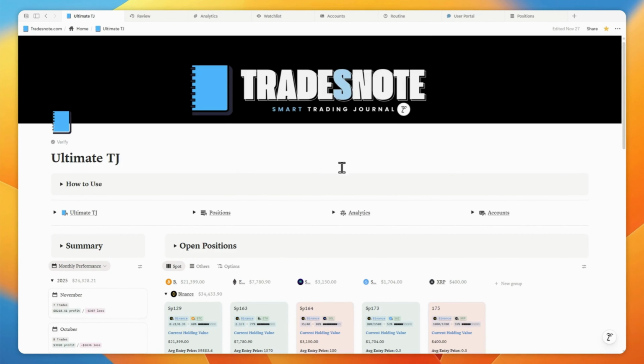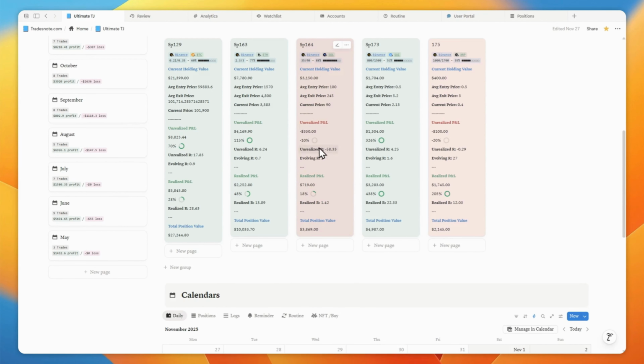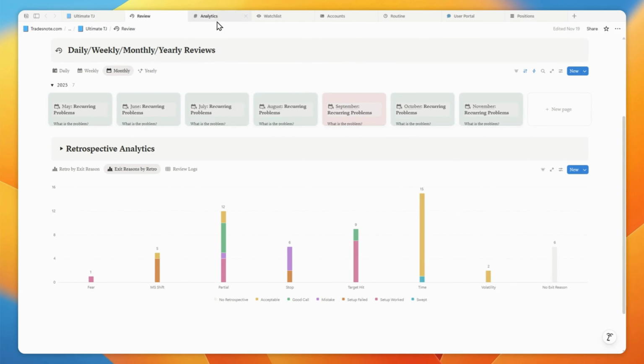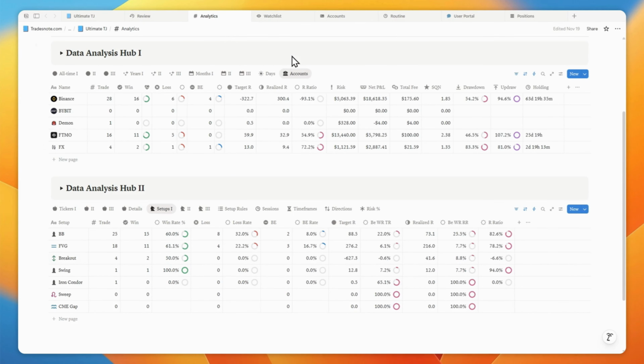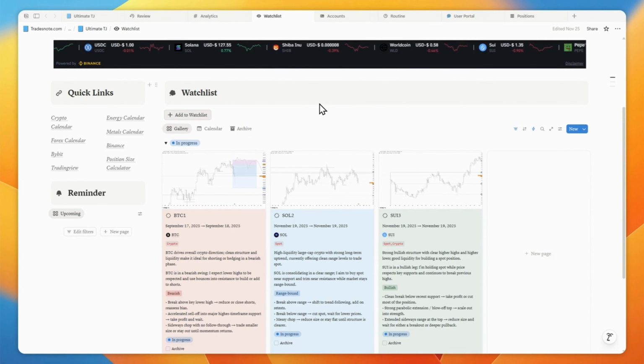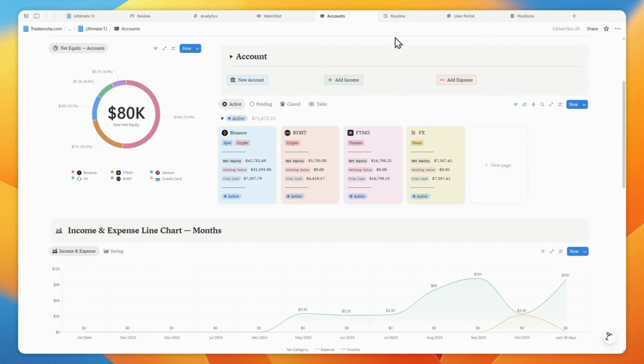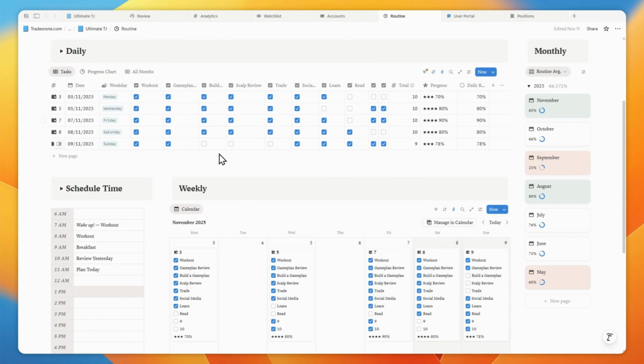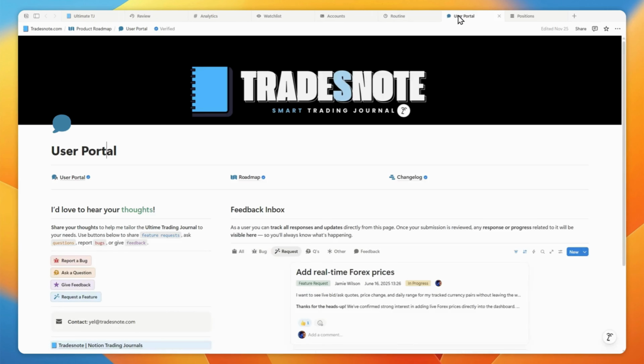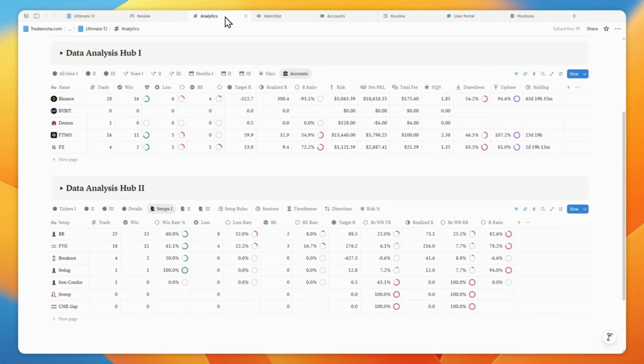Thanks to this trading journal I built in Notion, I'm able to capture every trade, review my performance and analytics, monitor my watch list, manage my accounts, and follow my trading routine, all tied together in one place. After countless iterations and valuable feedback from early users, I've refined it into a system I can rely on every